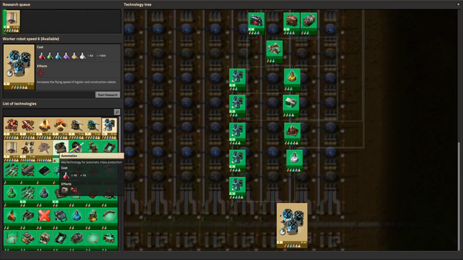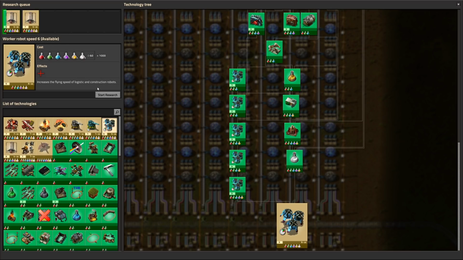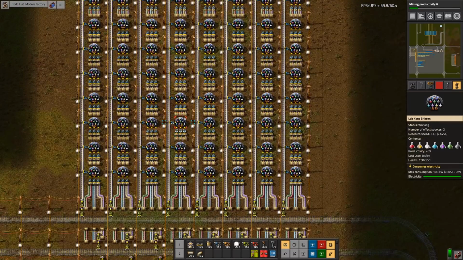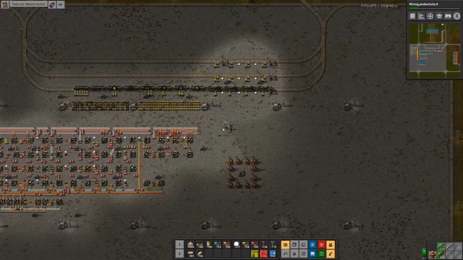If we have some left over, we could do another bot speed upgrade, but to be honest, that's not my big concern right now. I don't care too much about bot speed at this point. Okay, so the next thing that we need to do,